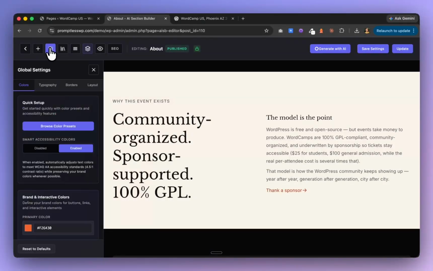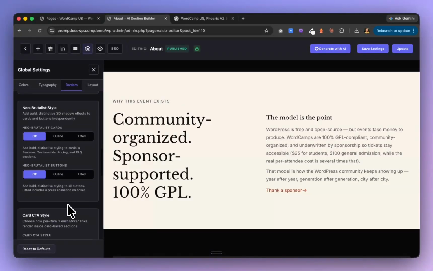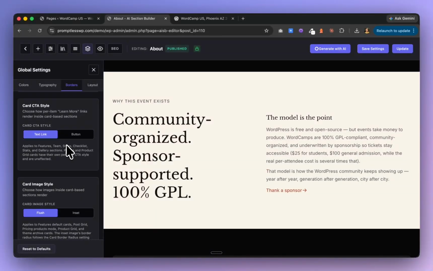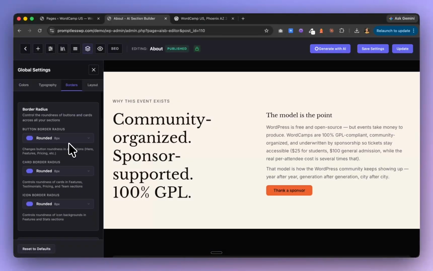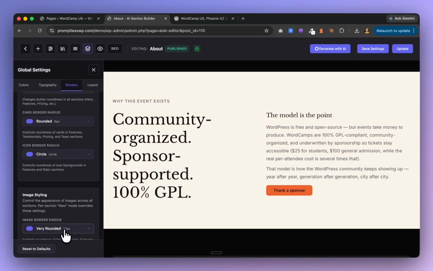So we'll go to global settings, that's under borders, and CTA style, do button, and we adjust the border radius to use a pill shaped,